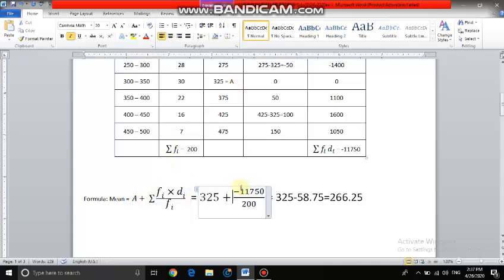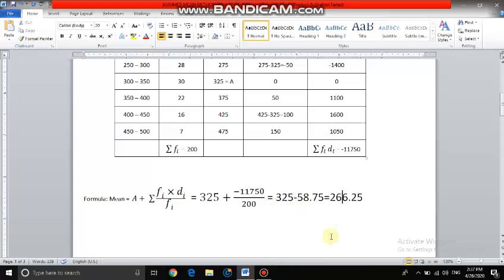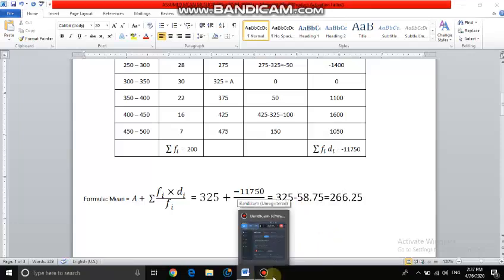Okay. So here I have simplified this fraction. Then I subtracted from 325. Otherwise, you can go for the LCM. The LCM is 200. Then 325 will be multiplied by 200. You can do it that way also. But I suggest you simplify the fraction first. Then you got 58.75. Then you subtracted it from 325. I think the mean I got here, the answer, is the same as the previous method, 266.25, as in the direct method. But in some cases, there might be a difference of 1 or 2 points. So nothing to worry about that.